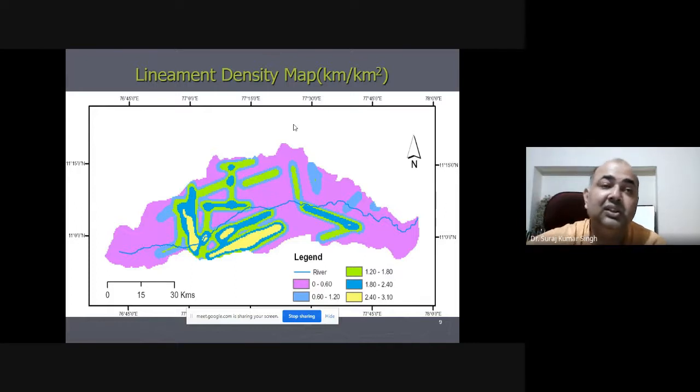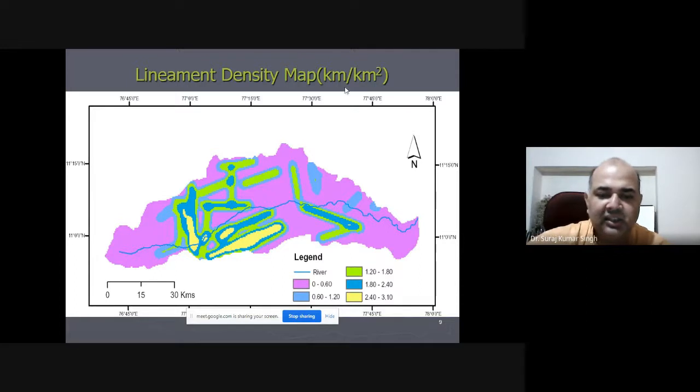We'll identify the smaller, minor and major lineaments, and create networks of lineaments from the given satellite images. Thereafter, using interpolation techniques in the GIS software, we'll be creating the lineament density map,